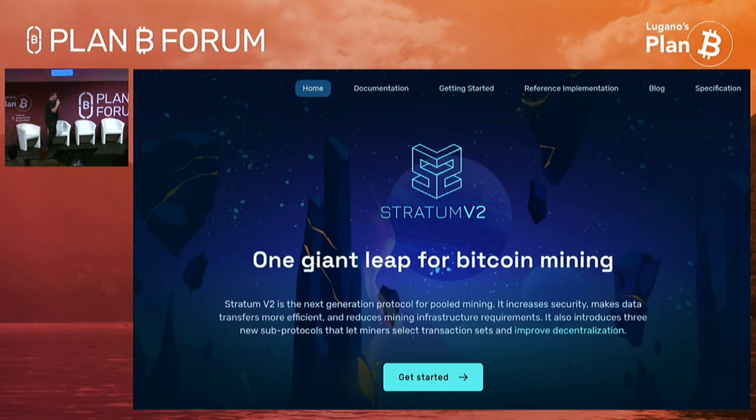The second one is, as I said, there's an open source working group, not an association, with Foundry, Galaxy. We're helping. Spiral is there. That open source working group is working on writing the open source code implementation. And actually, since yesterday, Braiins is already testing the full-scale implementation, and it will be released in the next month or 2. So we're talking about a full implementation from the specification, fully open source, that both the miners and the pools can use and implement. And we're already testing since yesterday.